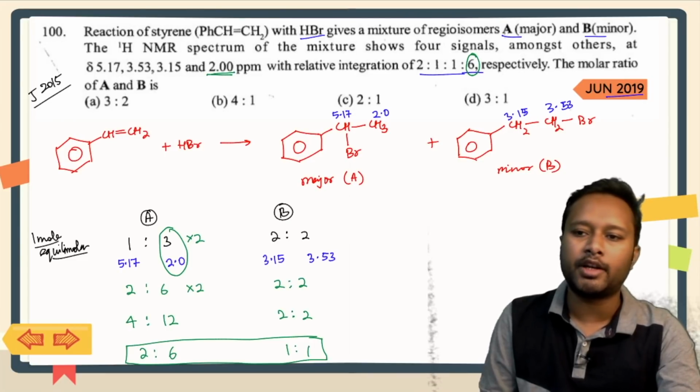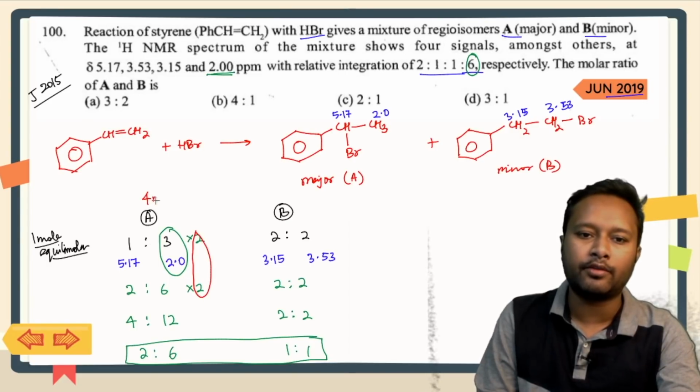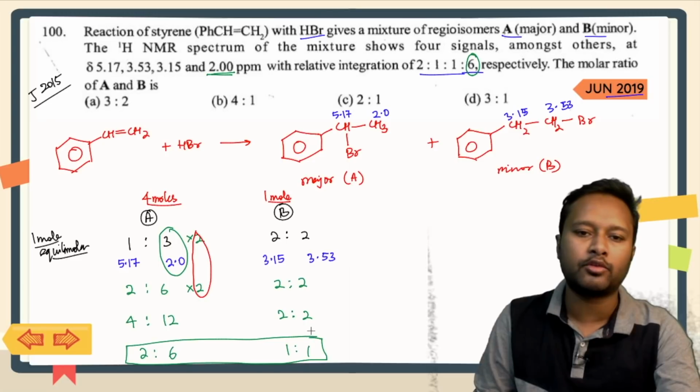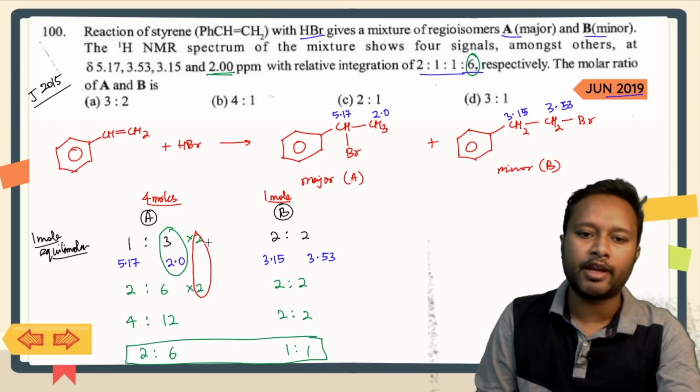Alright, so in this particular process, how many times did I multiply it? I multiplied 4 times. So the molar ratio for A is actually 4 moles corresponding to B, which is just 1 mole right now, okay. I have not multiplied anything with the number of moles of B, so it remained just 1 mole. Here I have multiplied 2 times, so that's why it became 4 mole.